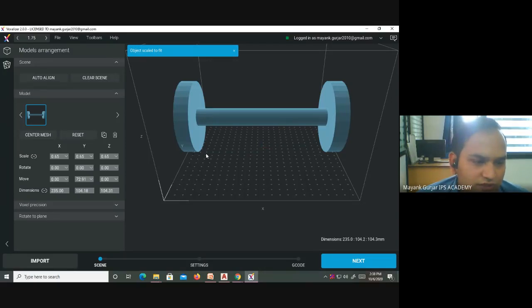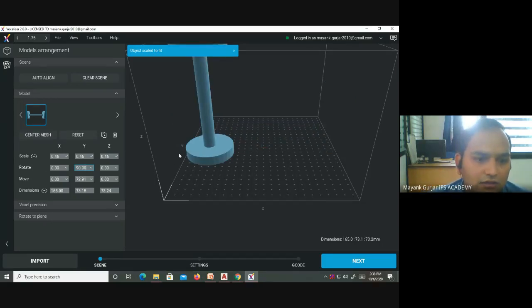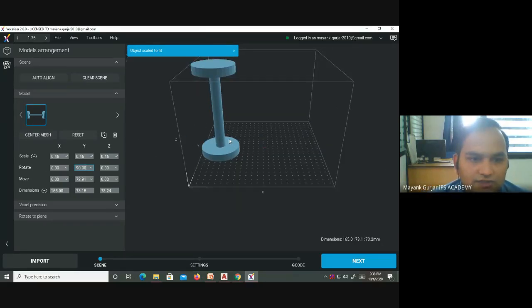So we have to reorient it. I rotate 90° around the y-axis and it rotates in this way. So it is comfortable, and I will choose a support material there.